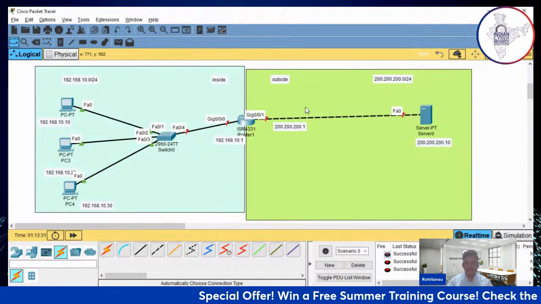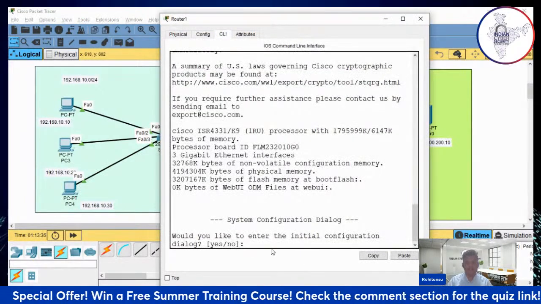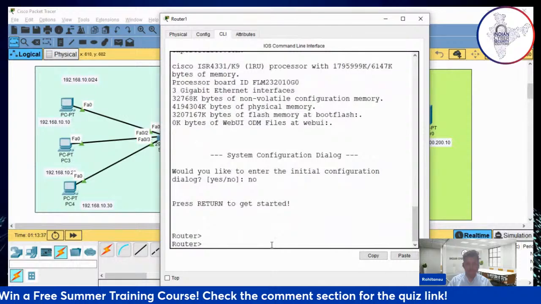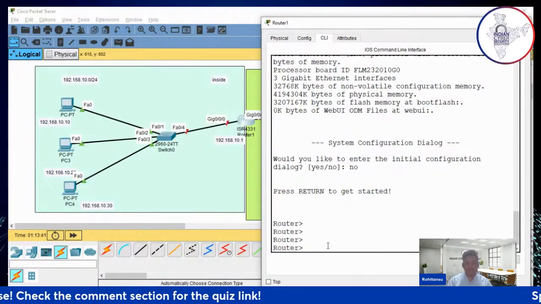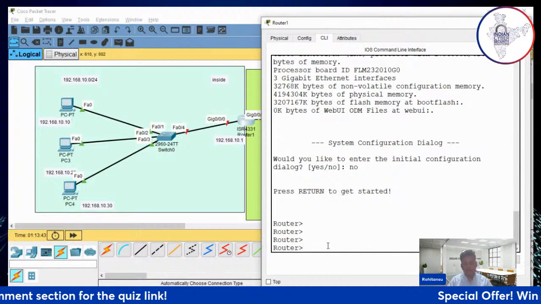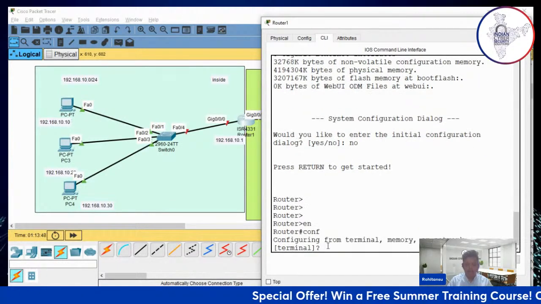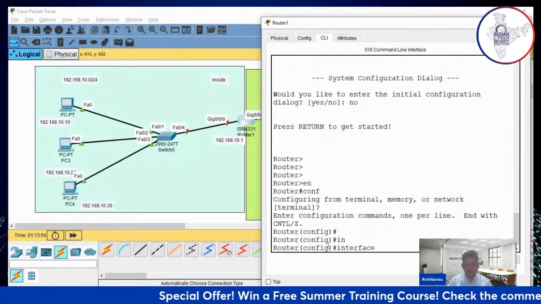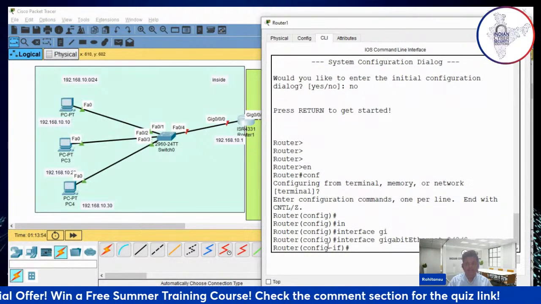We need to go and configure every place, but before that, we'll configure the router. Go to CLI. We type no, and here, we need to go to the configure terminal. Enable. Go to config terminal. Inside that, you need to go to interface Gigabit 0/0/0.